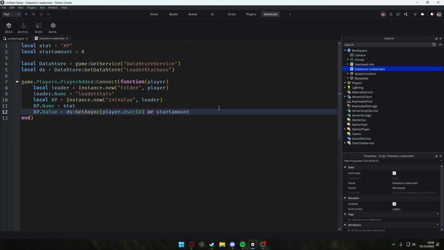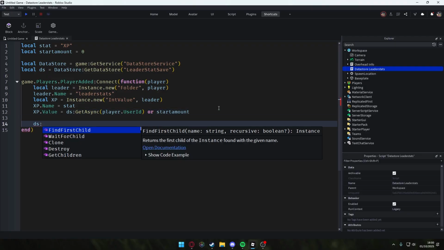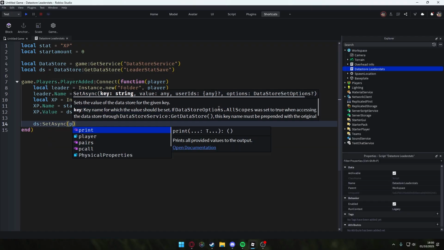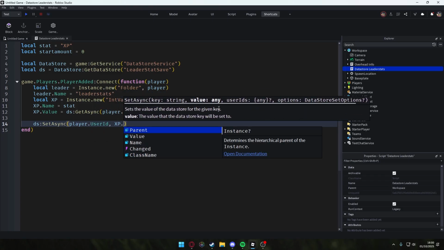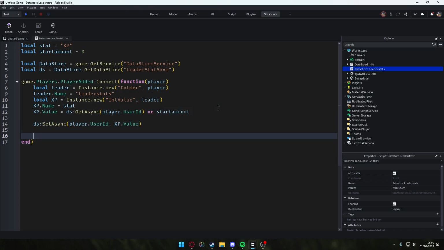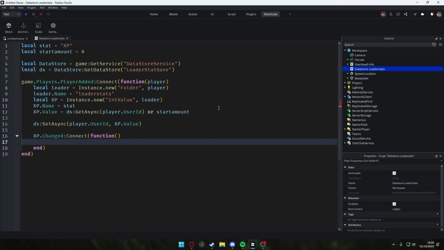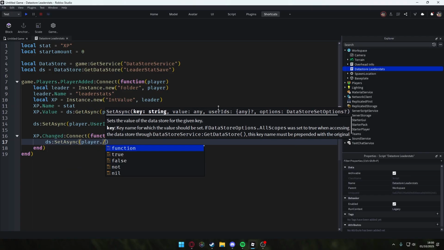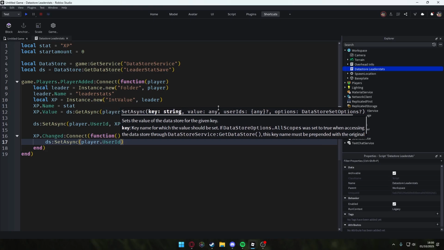Now what we're going to do is also save the XP when we join into our data store: SetAsync(player.UserId, xp.Value). And when we do xp.Changed, so each time the XP has changed, we will connect to another function with nothing inside of it. So if the XP changed, we will save the XP again, so that for next time it will be saved. DataStore:SetAsync(player.UserId,